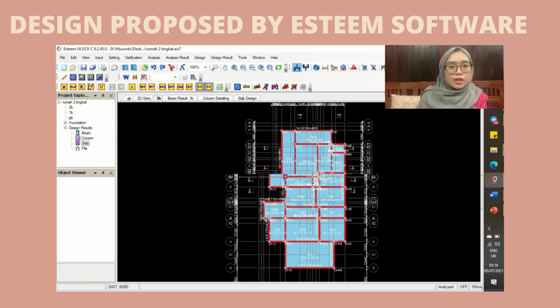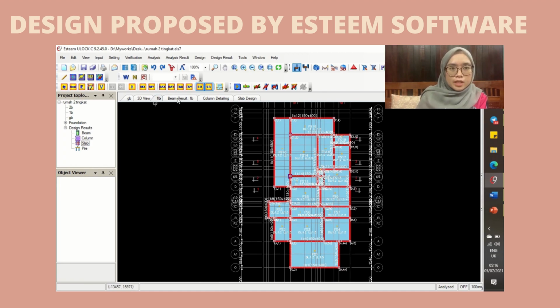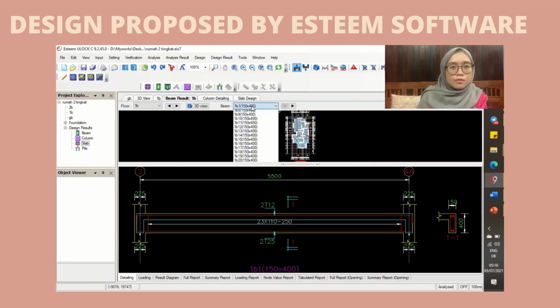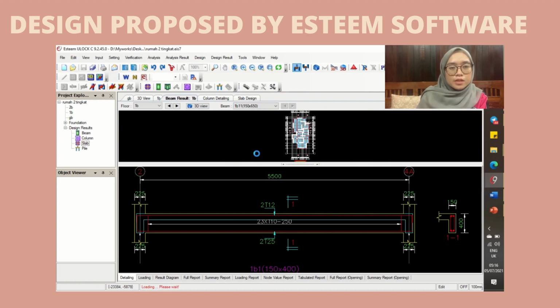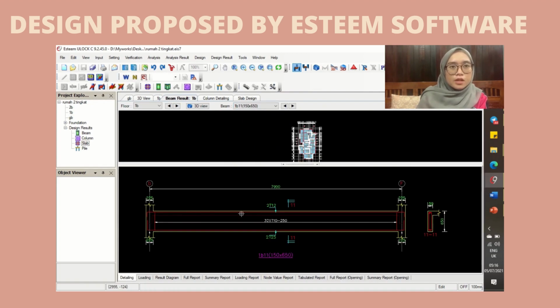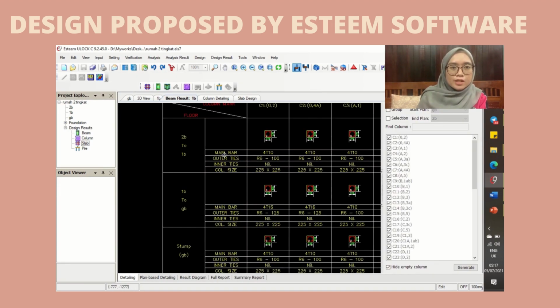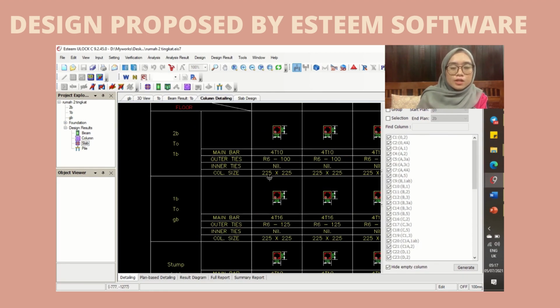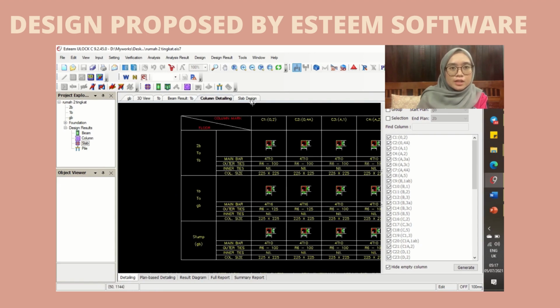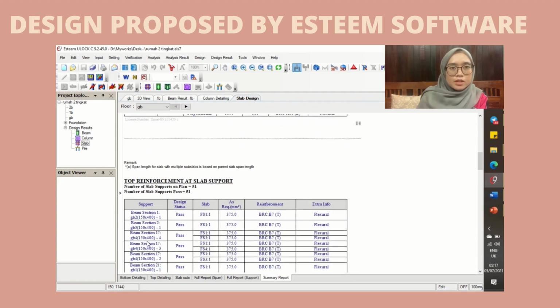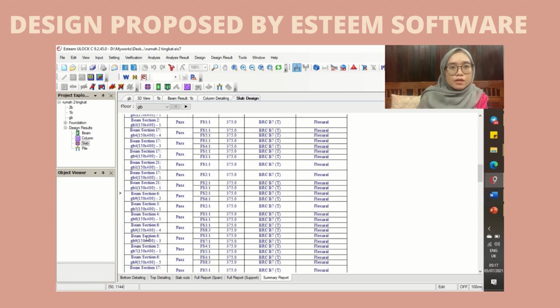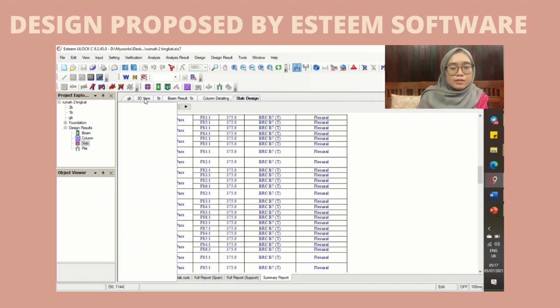For beam size, we proposed to use two types of size, which is 150 x 400 mm and 150 x 250 mm for GB, 1B and 2B. Meanwhile, the column size that we have proposed to use in this design is 225 x 225 mm, with the 270 mm thickness at GB and 125 mm thickness at 1B. Therefore, for slab,